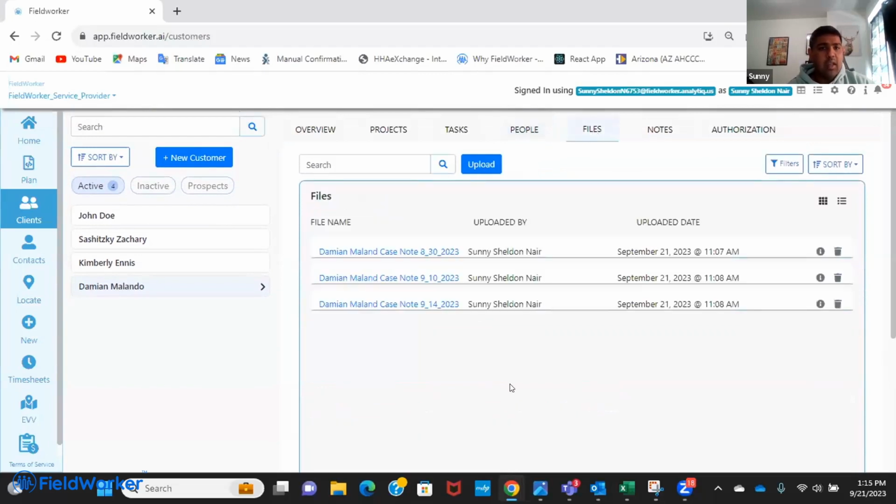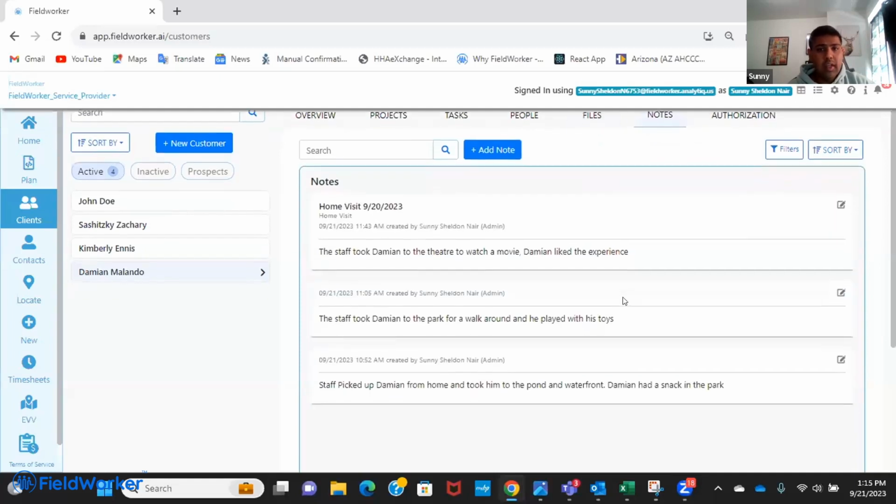Coming to the files. If there is a case note that you are currently collecting for your clients, they can be stored as documents, and this can work through the mobile app as well as the web app. We have an Android and iOS mobile app, which allows you the capability of uploading documents or entering in case notes, which then flow into the web app as well. It's a centralized location for all of this information. So any case notes that are added in for the client can be added to the client project or client record, and that's then accessible by the admin and your QA.